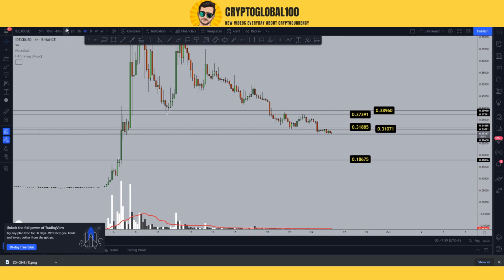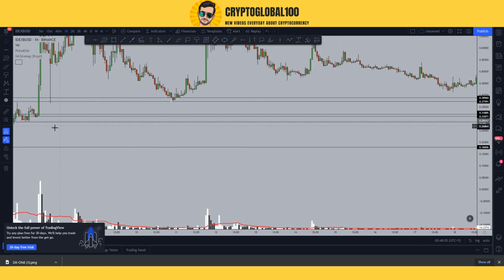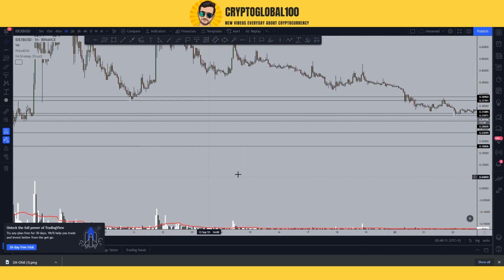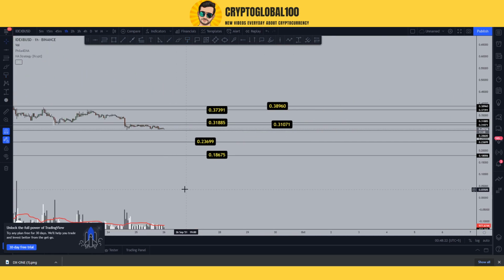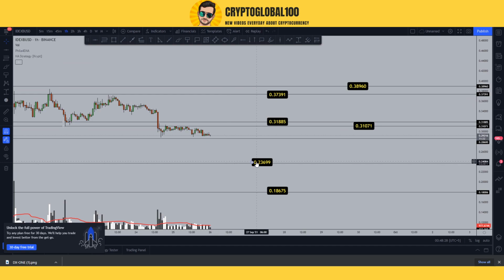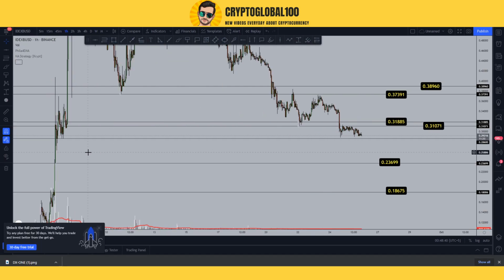Let me turn on the 1 hour chart to find another exact area. So I found a level here, this one. I'm going to tell you some more things, just hold on, just to complete this video. It would be the last one. So 0.23, this level is still untested. So I reckon that the price can also test these levels. My support level would be 0.23. This can also be tested because it has not been tested since the breakout.